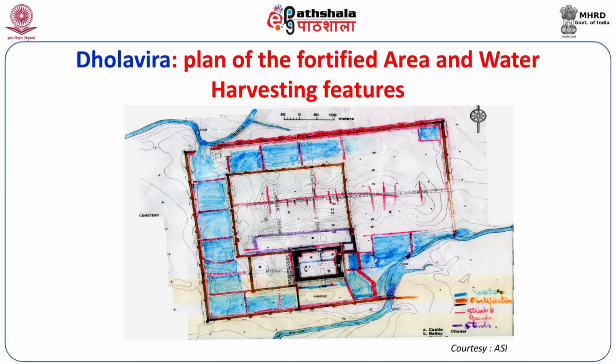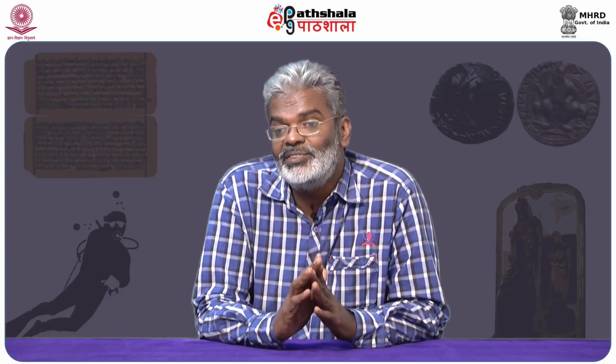This pattern is also very interesting. These people were living in the citadel area and they had a typical mechanism for gathering rainwater. Dholavira is very famous for rainwater harvesting, especially in this area. Even today rainwater is so precious. So these people were gathering the rainwater and using it for various purposes. This is brought out by this horizontal excavation.